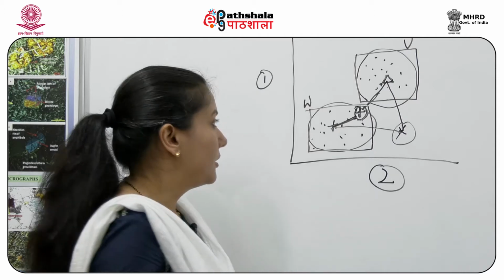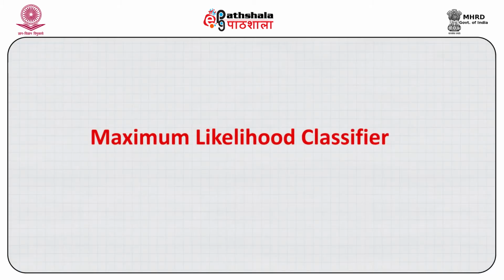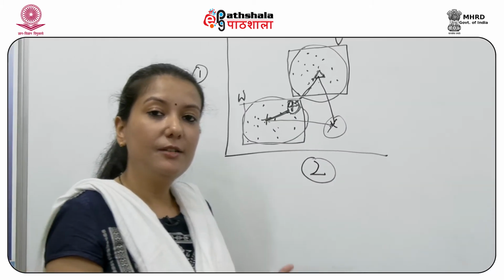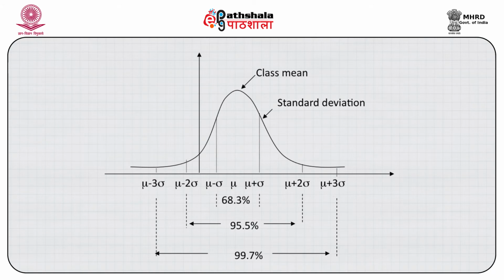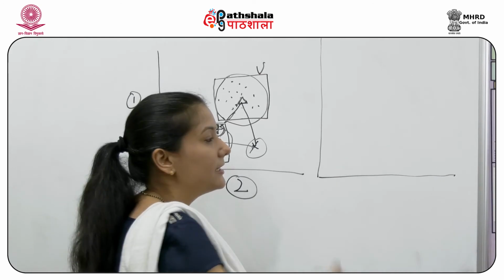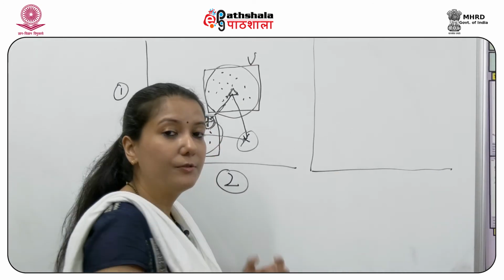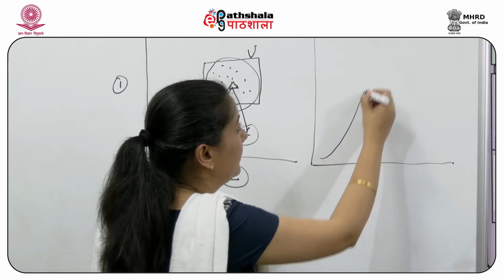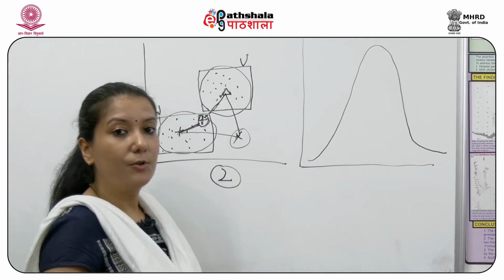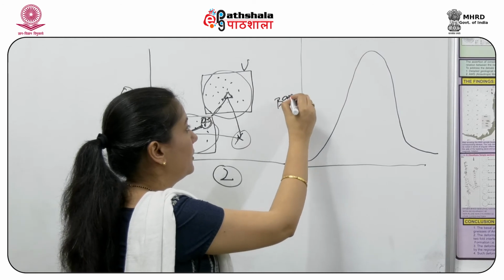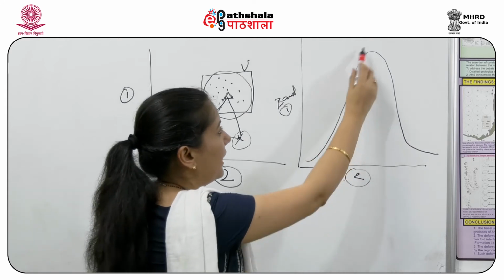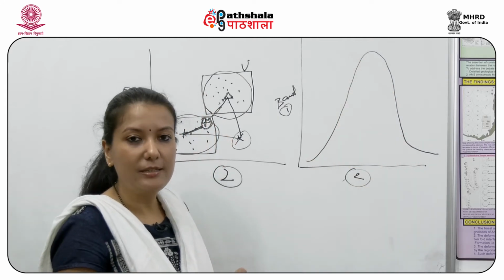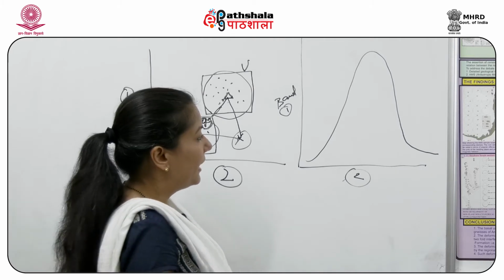Coming to the third one, that is maximum likelihood. As you can see from the name, likelihood implies the maximum probability of a particular pixel being in a particular class. So in maximum likelihood, we again create the space, we calculate the mean value of that particular class, and we create a normally distributed system for band 1 and band 2. So here we have band 1 and here we have band 2. Here we have a normal distribution in the feature space for that particular class. Now what happens?